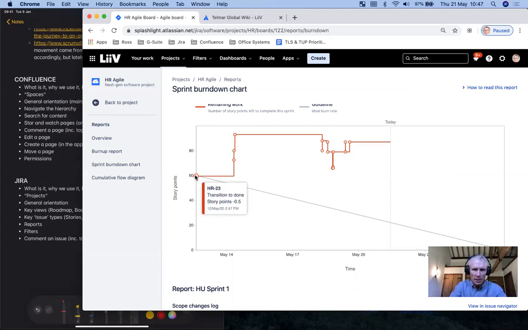But what we're seeing here is something was done here, and then an issue was added to the sprint, an estimate was updated, and another estimate was updated. So we know that this is now the current level. Around about 18th or 19th of May, it looks like we probably burned down here, an item was done, then something was added, something was done, something was done, something was moved back to not done, something was done.